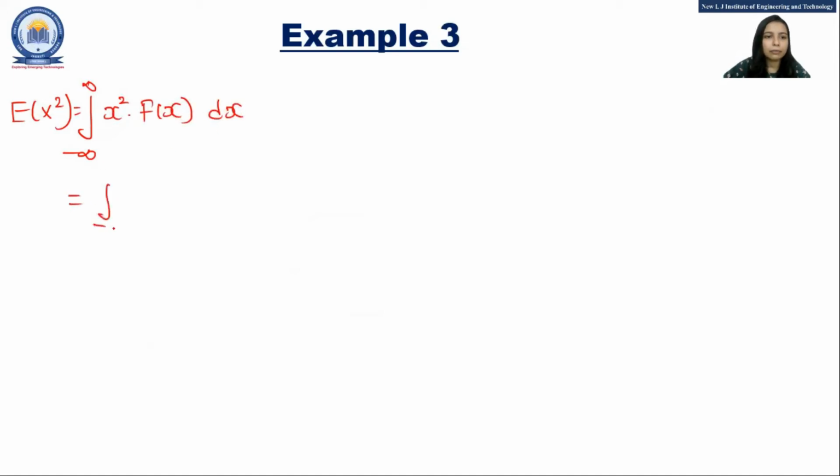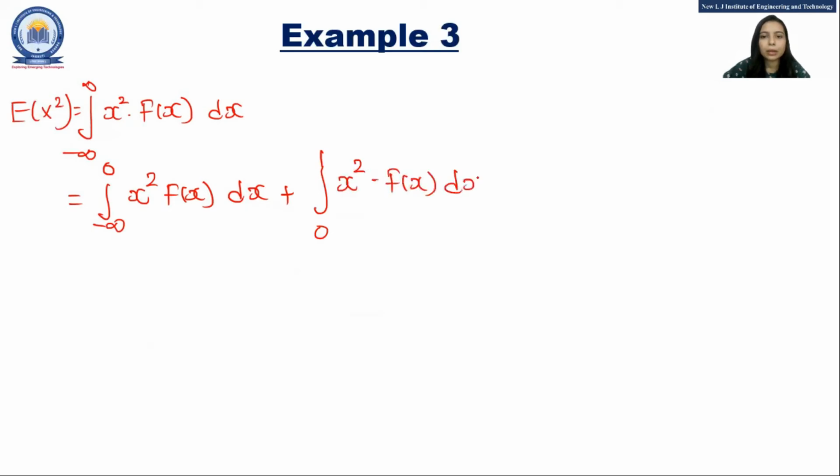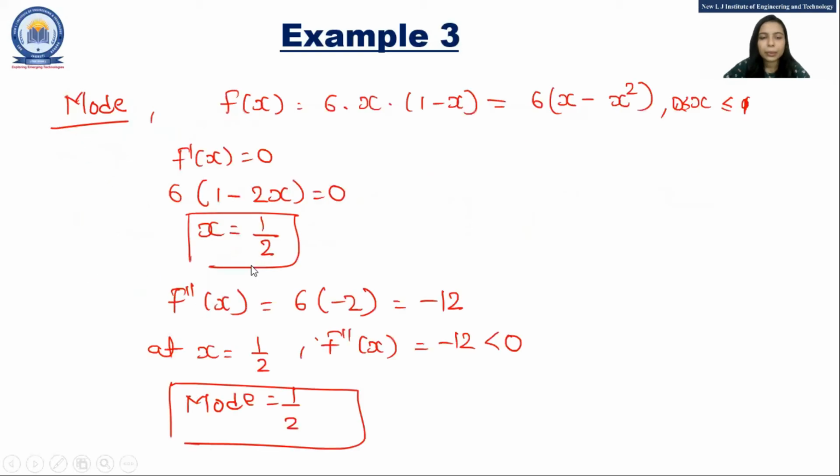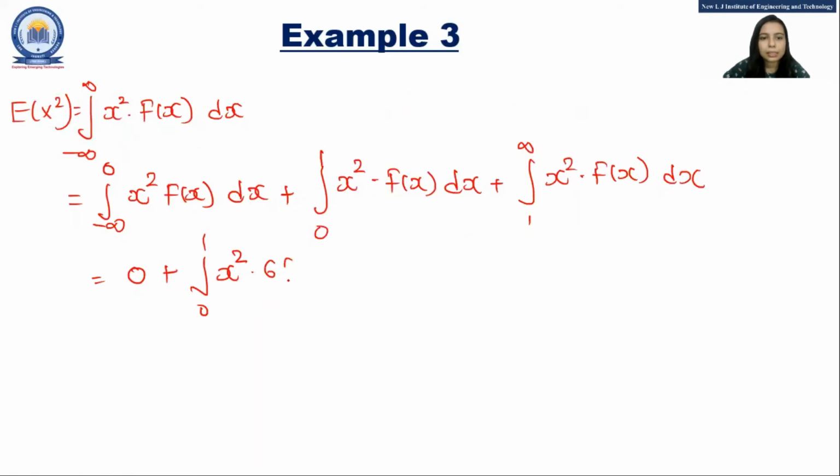So that is minus infinity to 0 x square f of x dx plus integration from 0 to 1 x square f of x dx plus integration from 1 to infinity x square f of x dx. So this would become 0, then integration from 0 to 1 x square into 6 into x minus x square dx plus